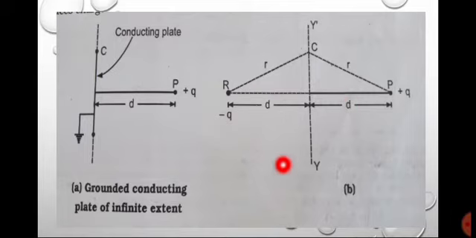Okay, so this is clear that the potential or field produced by plus q placed at point P and minus q placed at point R is the same as the potential or field produced by charge plus q at point P and the induced charge on the conducting plate. Therefore, the field or potential produced at any point due to charge minus q is equivalent to that of the induced charges on the plate.